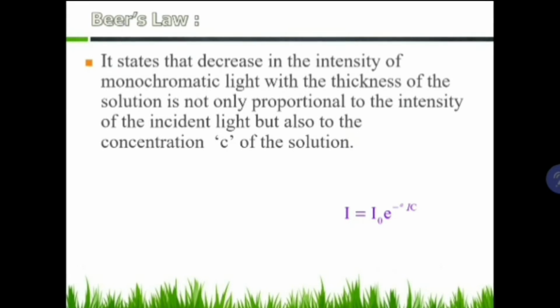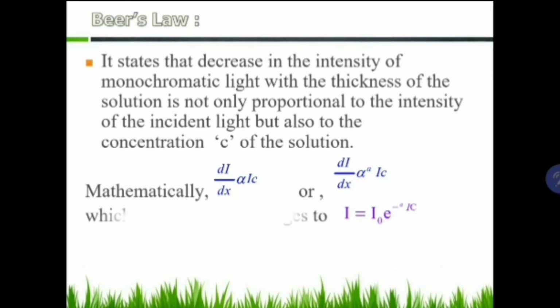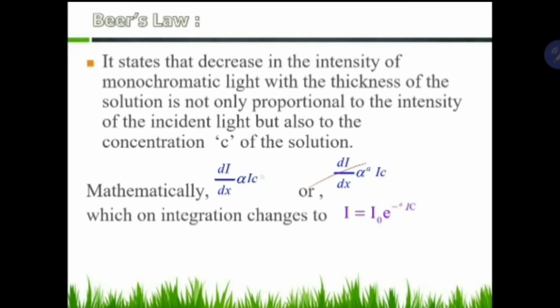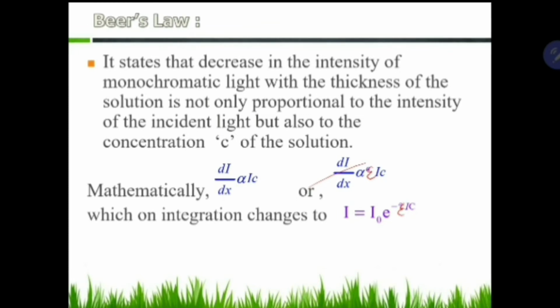Mathematically it could be represented like this: dI/dx is directly proportional to IC. That is, the decrease in the intensity with respect to the thickness is directly proportional to IC. When you introduce a constant, you can write epsilon IC, which on integration gives